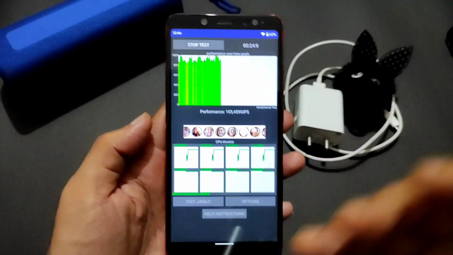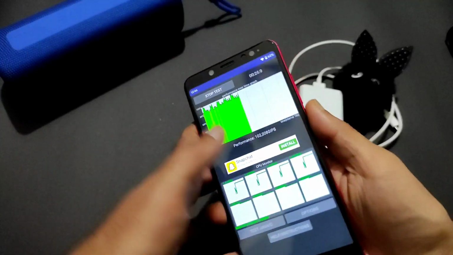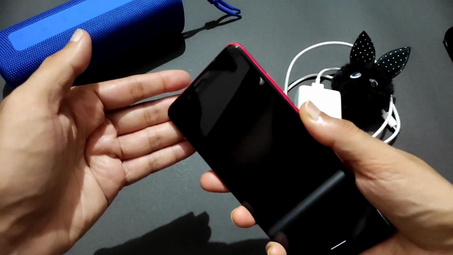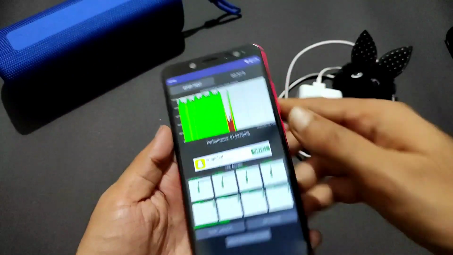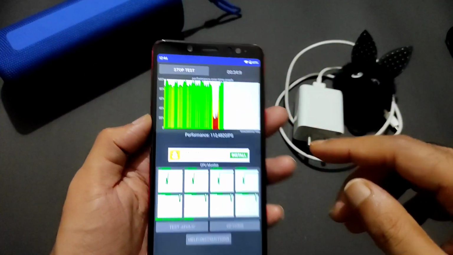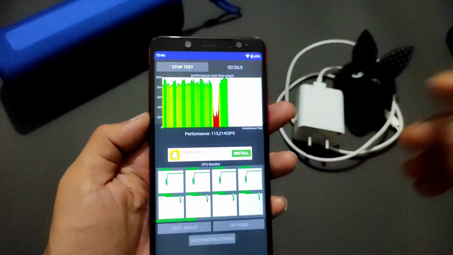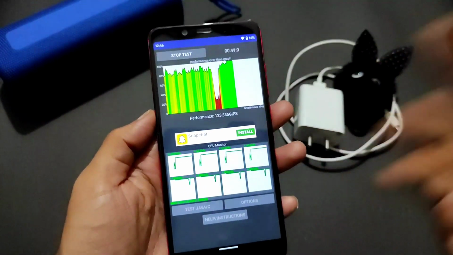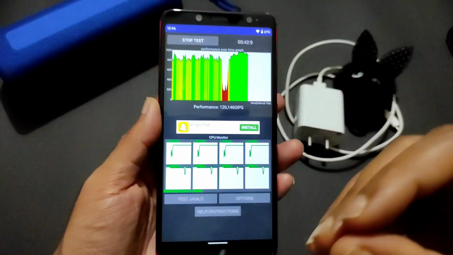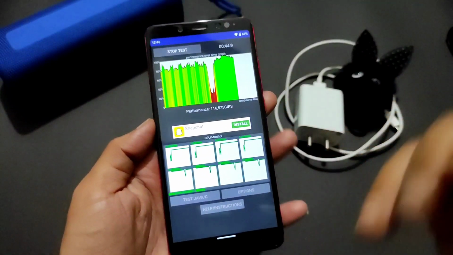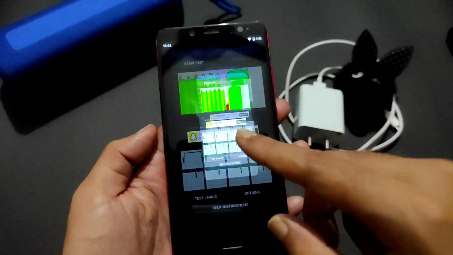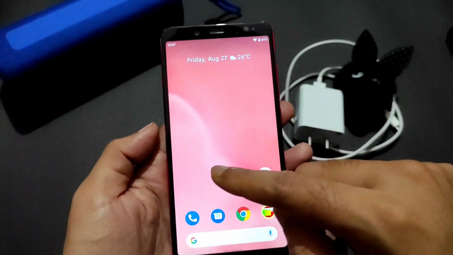It's working fine. You won't get any face unlock or anything like that. Let me show you the fingerprint unlock. Just tap unlock, and here you will notice the degrade in the performance. It's fine. It's an older device, and Snapdragon 636 is still good if you use it for day-to-day tasks and even a little bit of gaming on medium settings. It's working fine. Let me stop here, and this is the average performance. Don't believe such kind of performance.